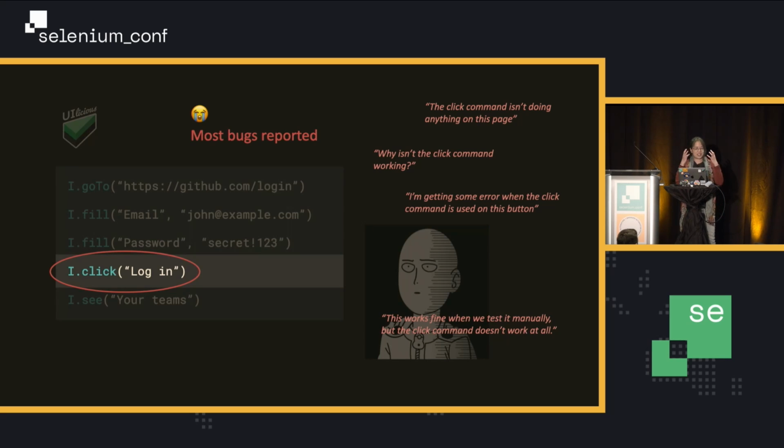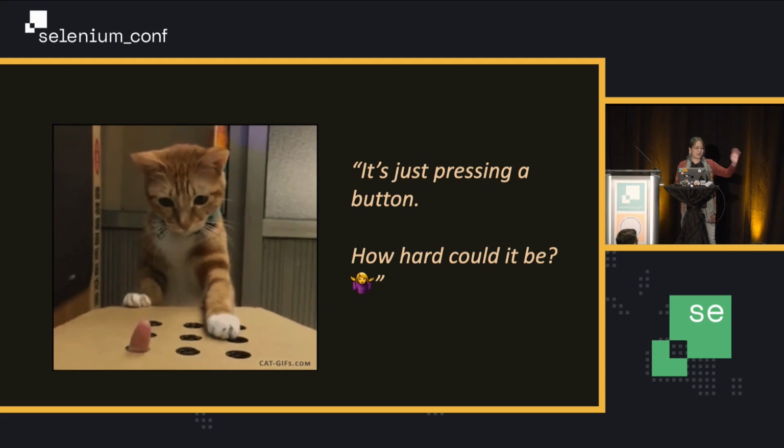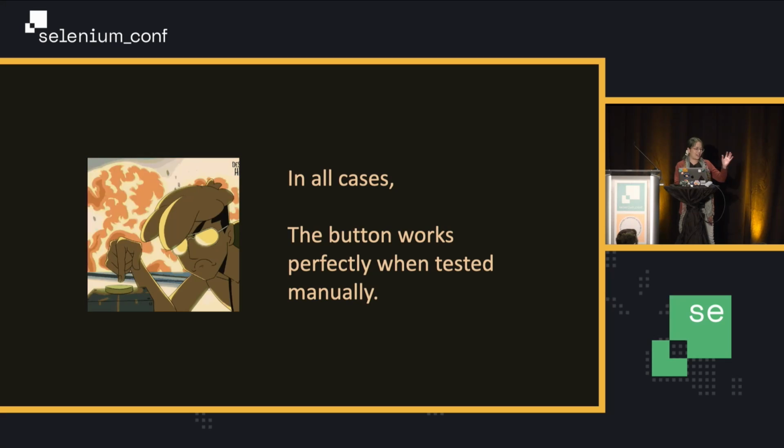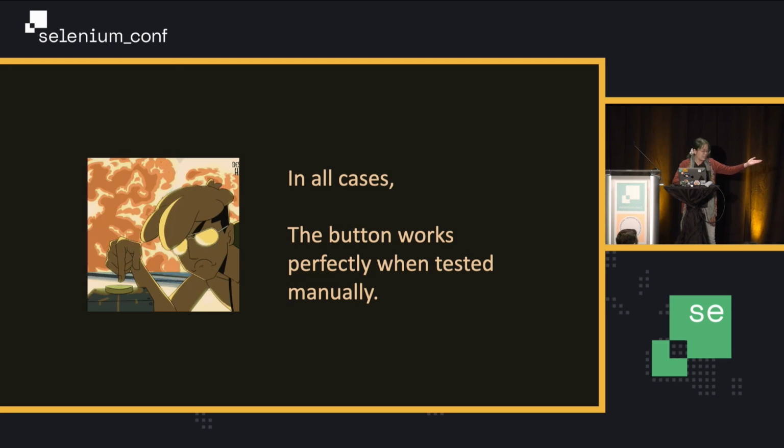So why is this so frustrating? I had the most bug reports on the click command. We have testers coming to me and saying, hey, why isn't this working on this page? And they would send me the URL or the component and say, it's not clicking on this page, getting some kind of error. It works fine if you press manually, but it doesn't work if you use the test command. The automation engine isn't working. So I was super, super frustrated. And they say, oh, it's just pressing a button, right? It should be easy. And then they would prove it to me, like, look, if you press the button, it works perfectly.